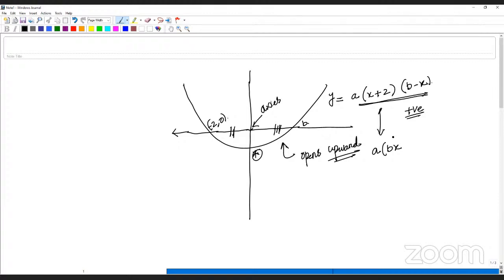So let me do it. Just a minute, let me complete this one, then I'll take it. So once you multiply, what you will get? Bx minus x square plus 2b minus 2x, right? So this is nothing but a into minus x square plus x into (b minus 2) plus 2b. Okay, so my final equation is y equal to